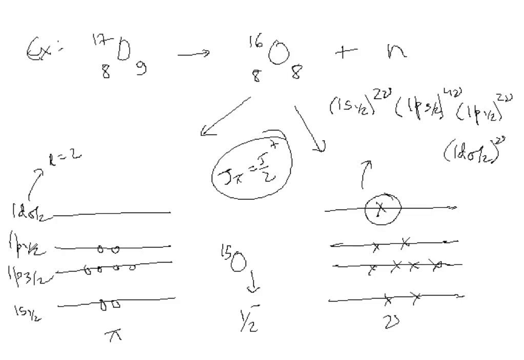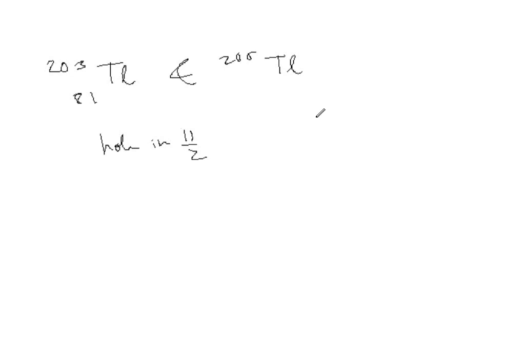Say, for example, for the stable nuclei 203 thallium and 205 thallium, they have how much? 81 protons and a resulting hole in 11/2 minus. However, the ground state spin is basically 1/2 plus instead of 11/2 minus. Now, in order to understand what happens, it is necessary to recall